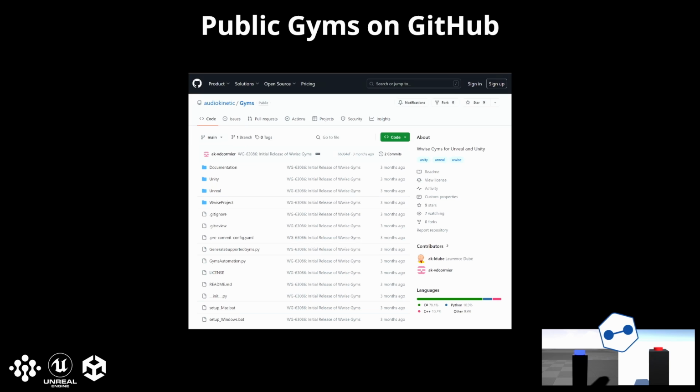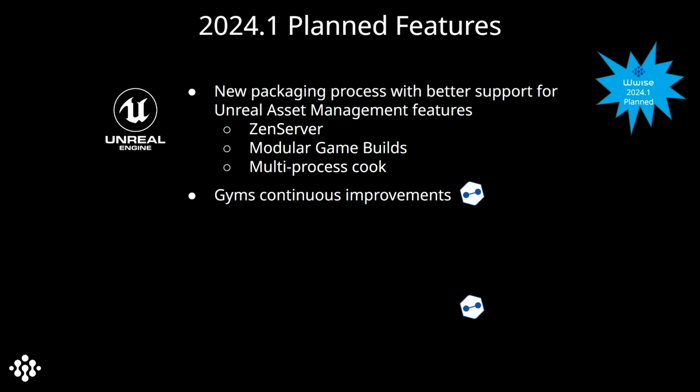They're public on GitHub, and if you have a custom integration, I encourage you to reach out and make them part of your development and testing pipeline. And in 2024, we're working in Unreal to bring packaging into a place where developers can easily reach for it as part of an Unreal pipeline.